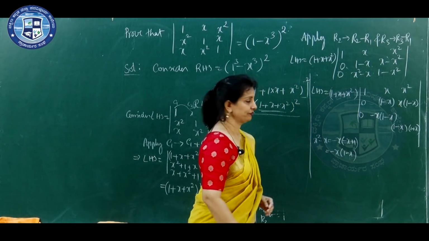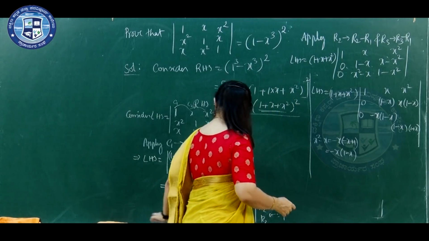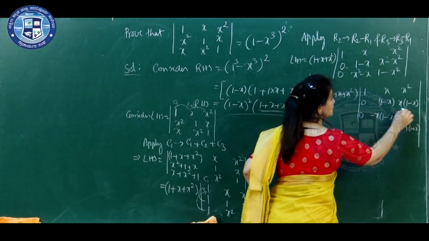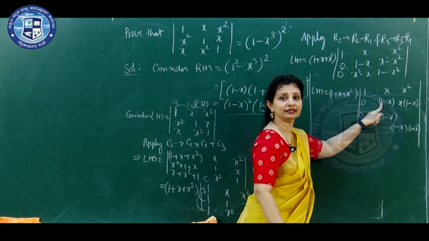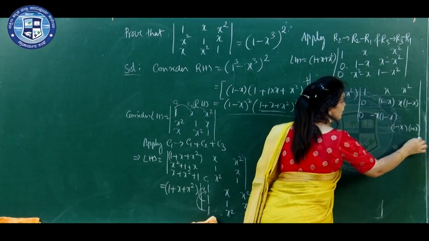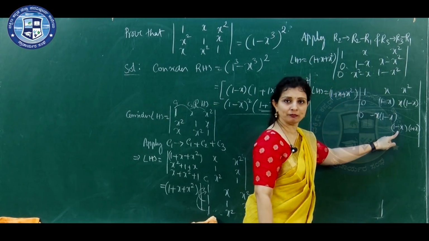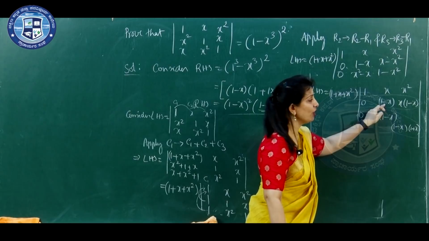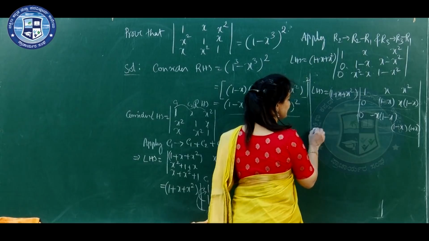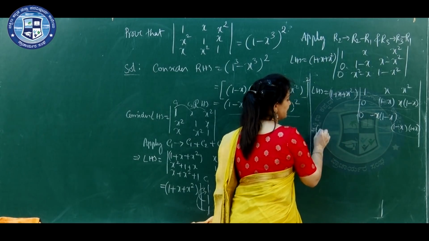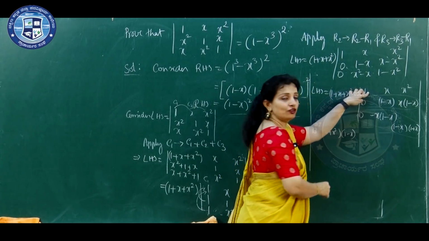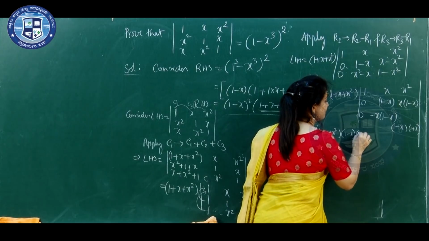Last third element. So that here we can observe that the second row elements are such that 1 minus x is common here. So, take out 1 minus x from the second row. Third row elements, if you observe, 1 minus x is again common. So, 1 minus x is removed from R2 and R3. So 1 minus x is a common factor of R2 and R3 which is taken out. So 1 plus x square is already there.